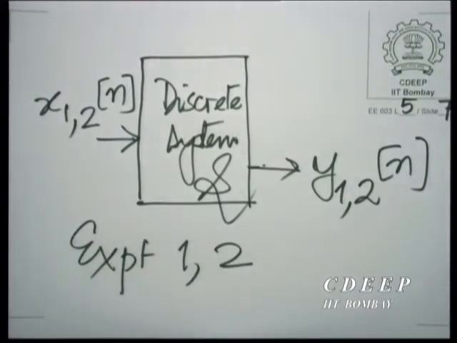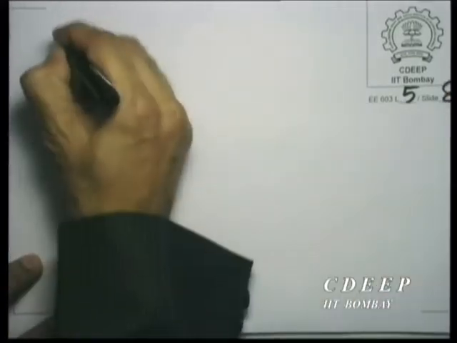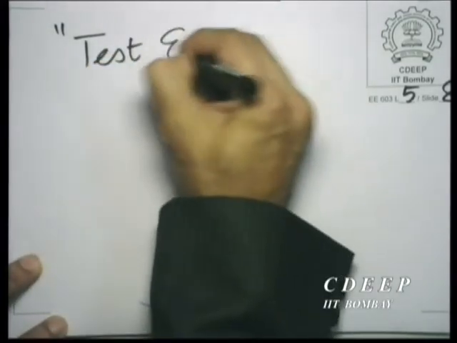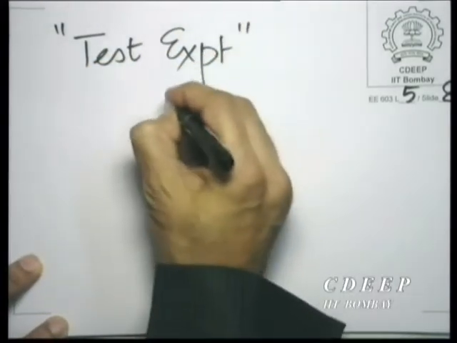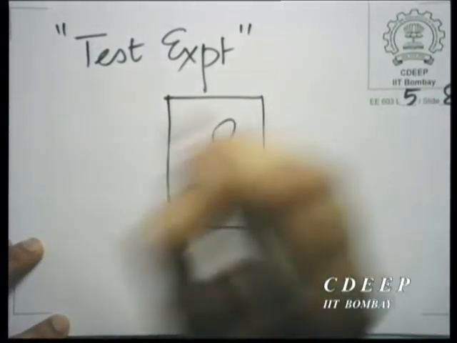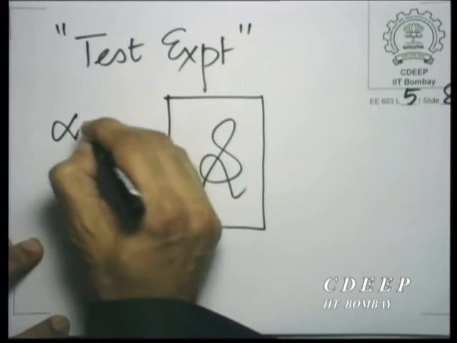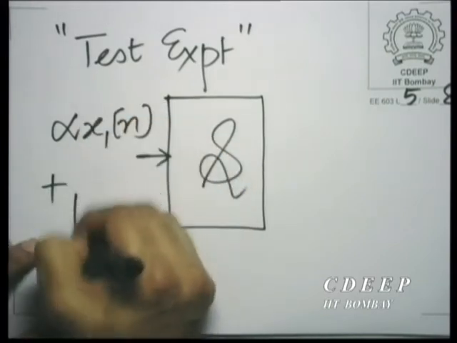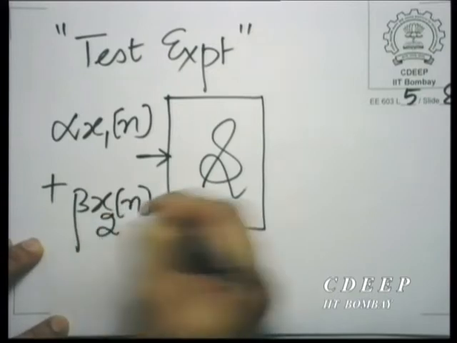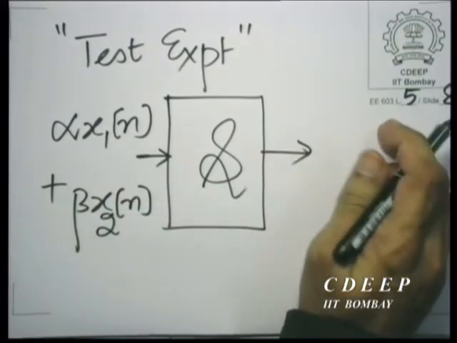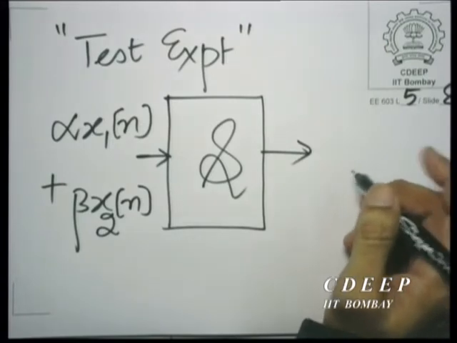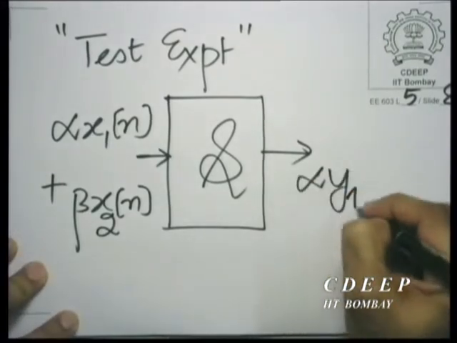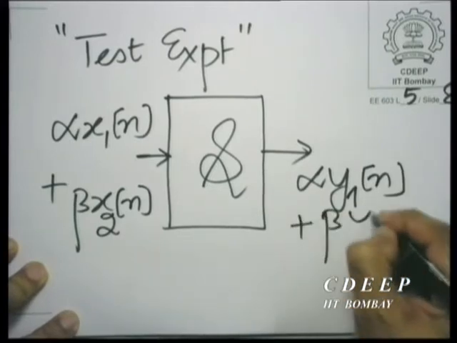Again, I am using what I call multiple concept notation here to condense my drawings. The test experiment is to take the same system, give it alpha x1[n] plus beta x2[n], and ask what the output is. If the output is also alpha y1[n] plus beta y2[n],